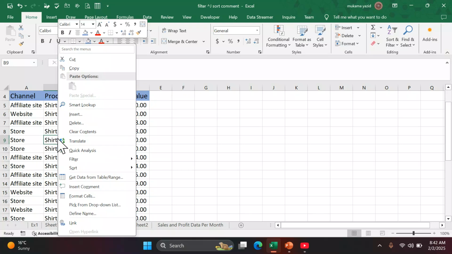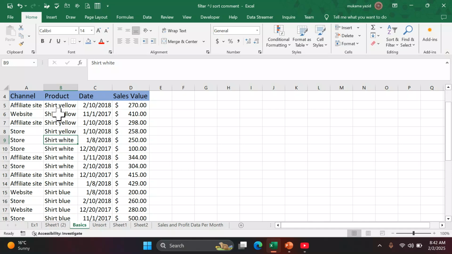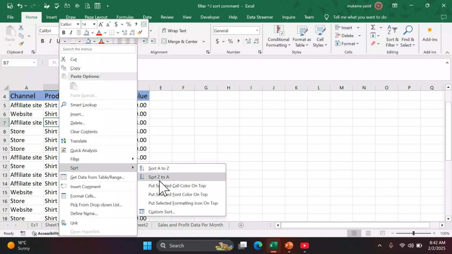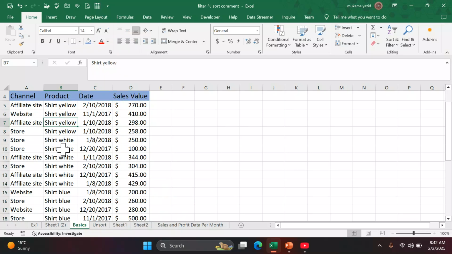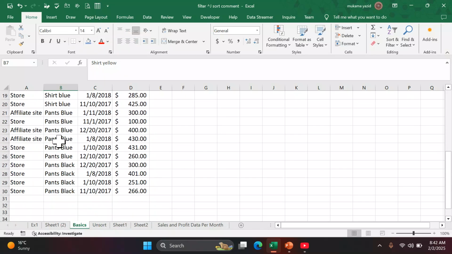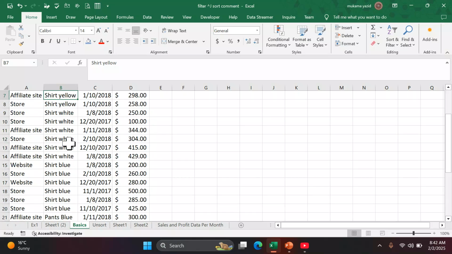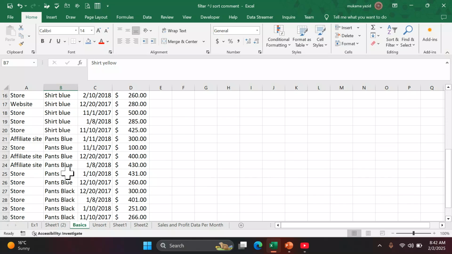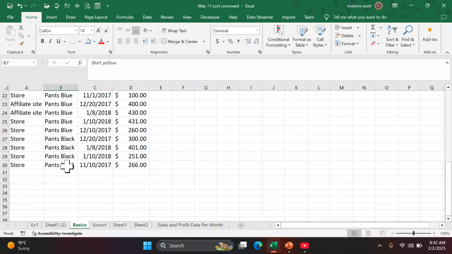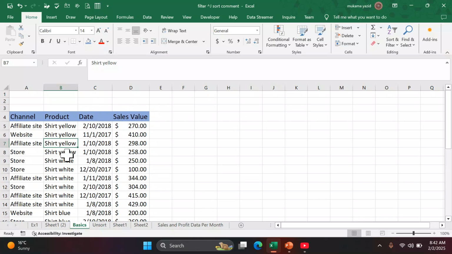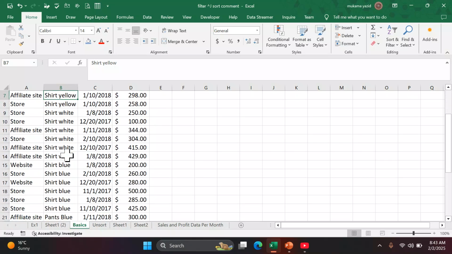I will sort this data column called product. Let me click here and go to sort Z to A. That is the order I would like. You can see when you sort according to this column, product, yellow will come together, white together, blue together, then black together. From there, when you sort this one,